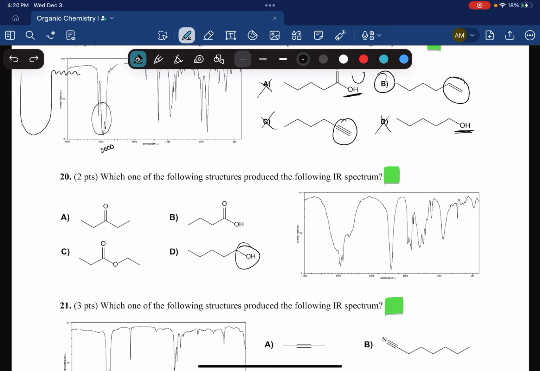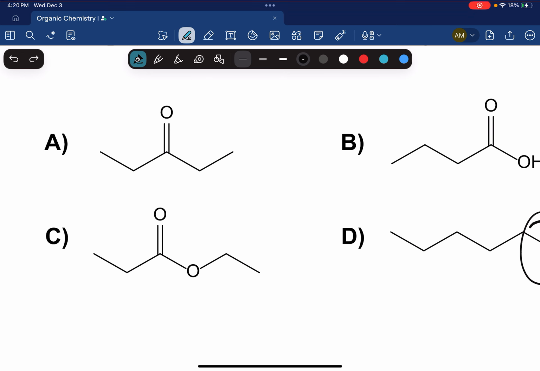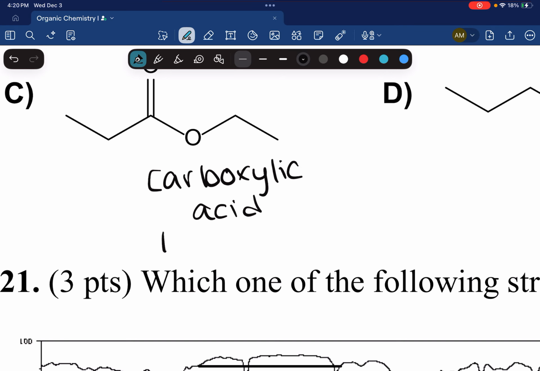So, if it was, this right here is a carboxylic acid, right? And there's a chart for that. So the carboxylic acid is going to have a strong peak at about 1700 for the CO. And then for the OH, it's going to be at about,